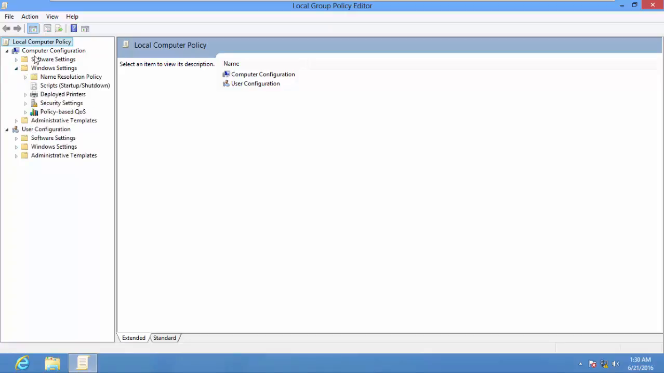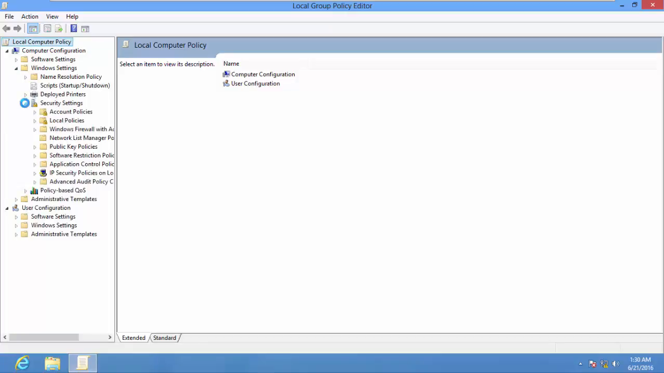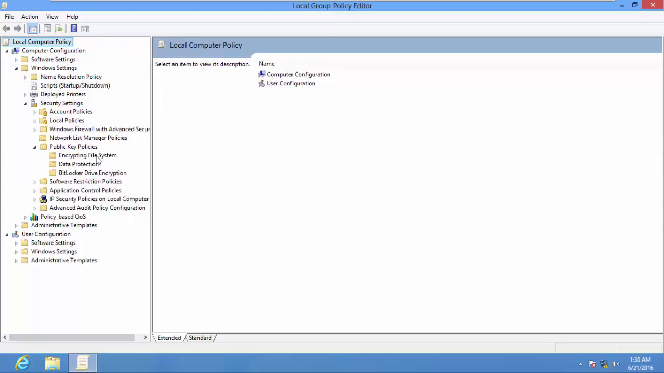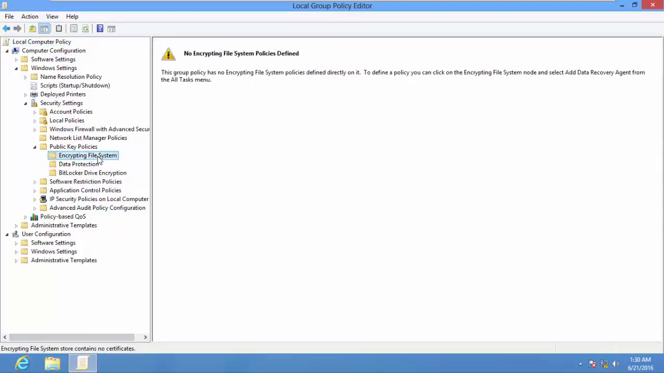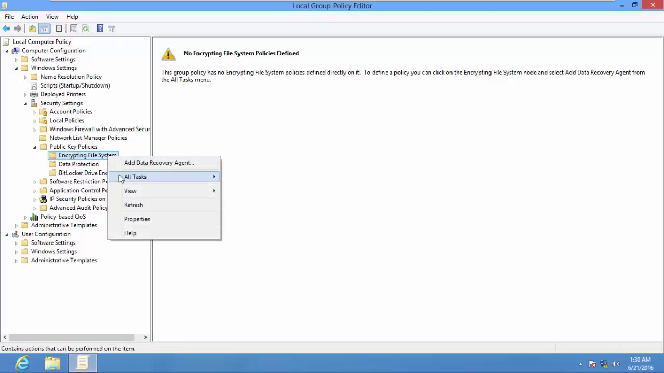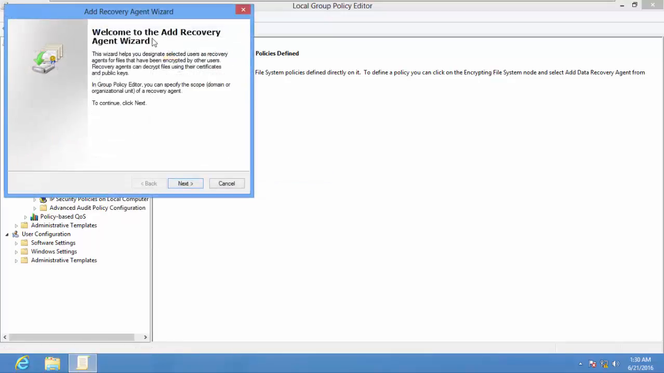Under Computer Configuration, you expand Windows Settings, you expand Security Settings, then you expand Public Key Policies. Then you select Encrypting File System. Okay, and at this place we are going to import our certificate to this Encrypting File System node here. So I'll right click here and select All Tasks and select Add Data Recovery Agent, and then